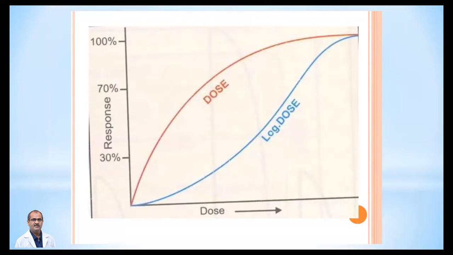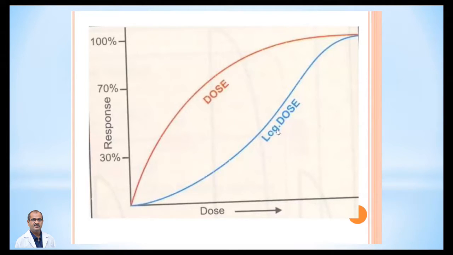Here this is one of the dose response curves. What happens is, here we are plotting the dose, maybe in milligram per kg, that is, unit dose per unit mass of the body. On this side it is the response, 30%, 40 and 100% response. There is no response which is more than 100%. As the dose goes on increasing, this type of curve is obtained. So this is not a straight line.